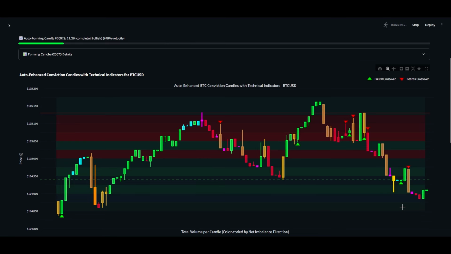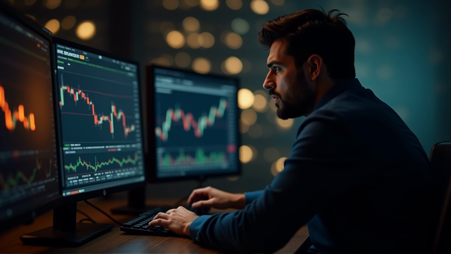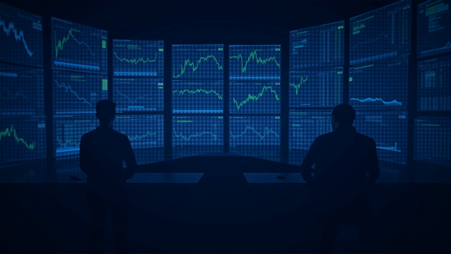The fundamental insight is that every completed candle represents guaranteed institutional commitment. When you see a finished conviction candle, you know for certain that one side committed significantly more volume than the other. This application transforms raw order flow into actionable trading intelligence. Instead of guessing what the market might do, you see exactly when institutional conviction reaches meaningful levels. The combination of real-time formation tracking, automatic pattern detection, and comprehensive volume analysis provides the same market insights that institutional